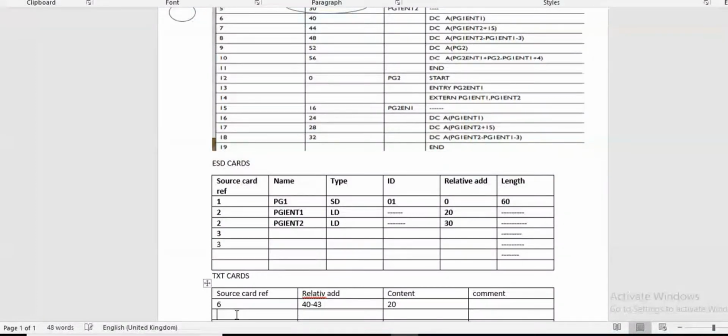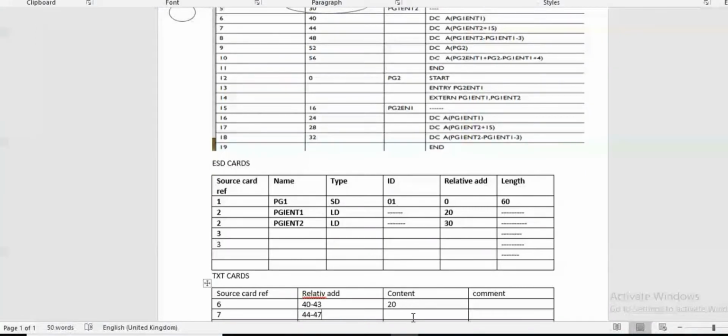That is 30. So 30 plus 15, that is 45. We have to calculate the relative address plus the given content 15, that is 45. So in comment, I am writing 30 plus 15. Okay. These are the two entries in source card reference.